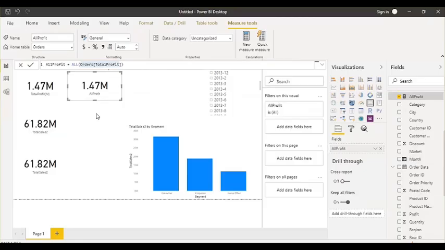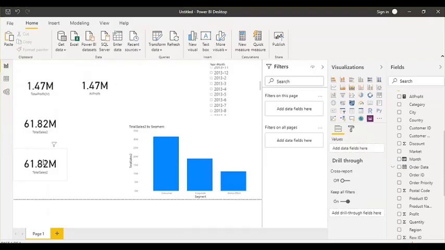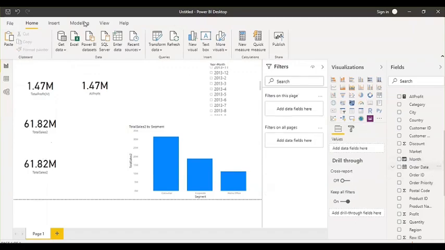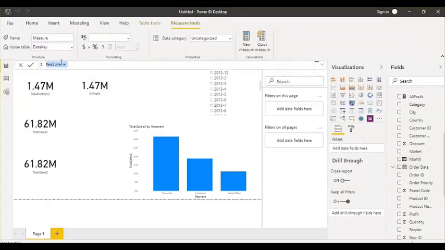In order to use this with the sales column, let me use a different scenario, a different example here. This is my total sales. Now I want to calculate total YTD sales. This total sales is for all the years, let's say five years of sales. Now I want to reuse this measure to calculate the current year sales, for YTD sales only. So I'll create one more measure here, a new measure. This is my YTD sales.